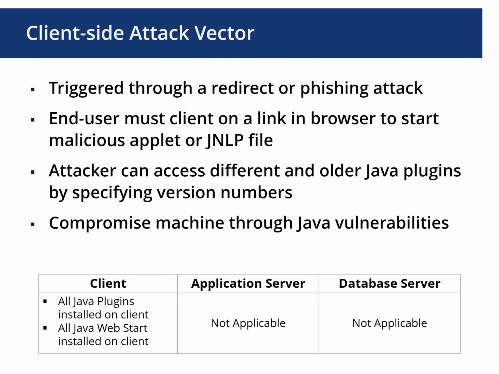This becomes problematic, especially for clients out on the internet that are compromised and can be directed off. There's a large number of security vulnerabilities that can be exploited in the client environment, and that's why it's very important to be patching the client environment. This client-side vector has really no applicability to the application server or database server. This is purely a client issue that I need to be updating on the client side because there are a number of security vulnerabilities that let me, very quickly, if I can get that person to click on a bad link